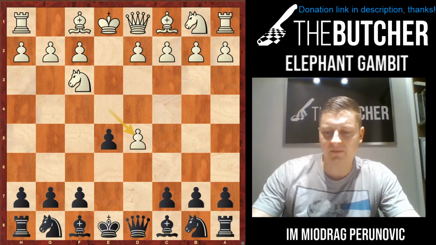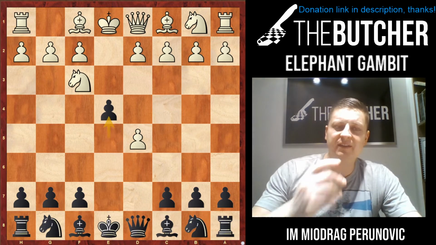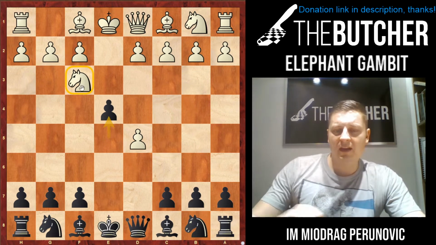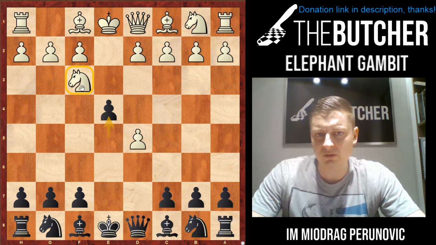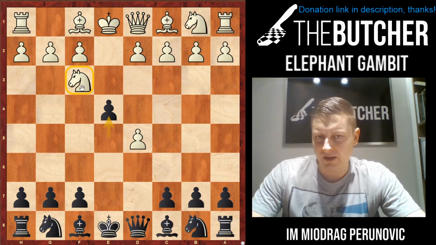When they play e takes d5, we just go with e4. That actually presents the main idea, kicking the knight away from f3. And here, I'm not just going to kill you with tons of analysis and what to do